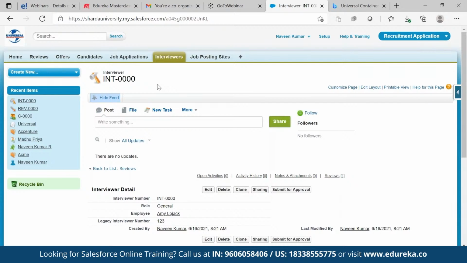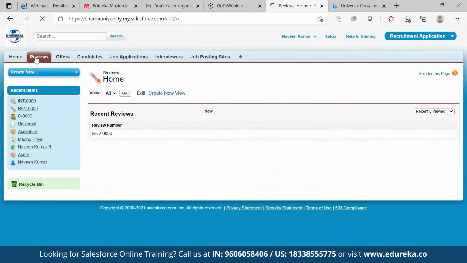So that is about the relationships which are there. There are four types of relationship. One is self relationship, hierarchical relationship, lookup, and one more which I told you, which is master detail. And how can you find this relationship? When you go to your job application, or if you click on reviews, when I click on this review tab,